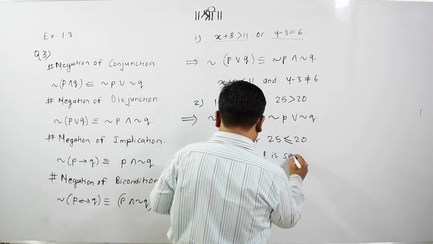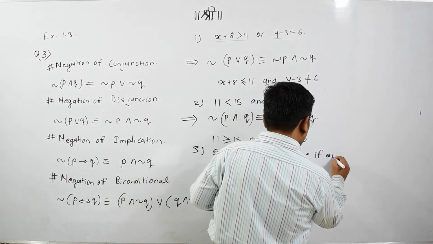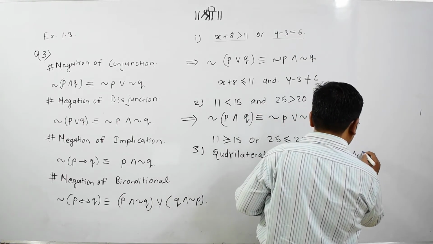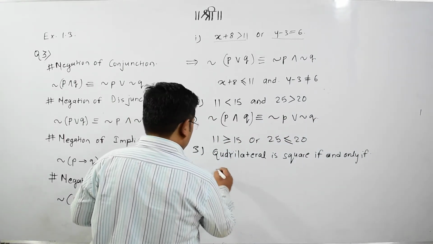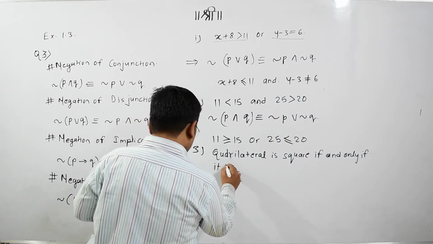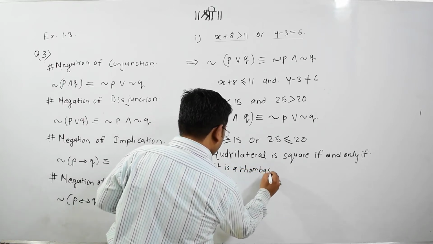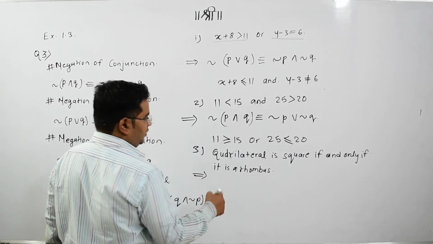Is square if and only if it is a rhombus. Okay, now what I would like to do, I would like to first of all form that P and